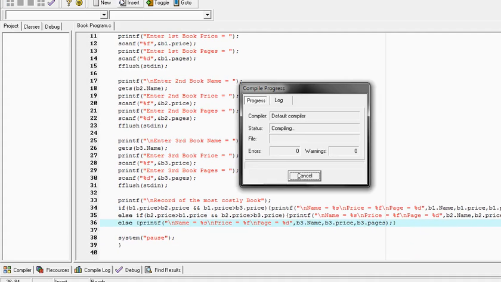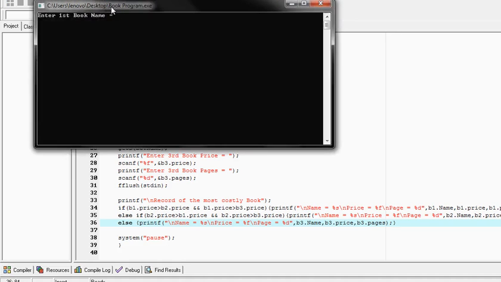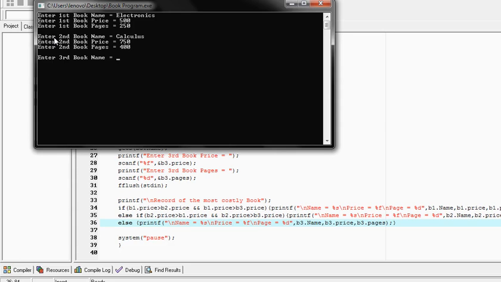Let's just compile the program. Wow, there are no errors. So just now run it and try if it is working. So electronics, the price make it 500, pages 250, calculus. See, it's actually the escape sequence here. As I said, it would look more interactive. Calculus and the price actually make it some 50, and the pages are about, let's say, 400, and the third book